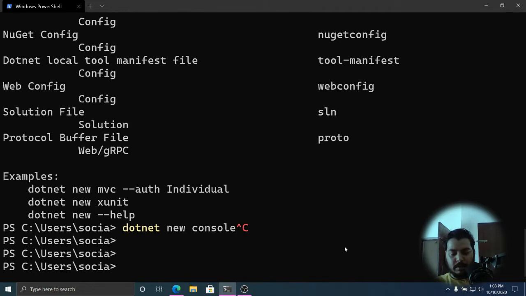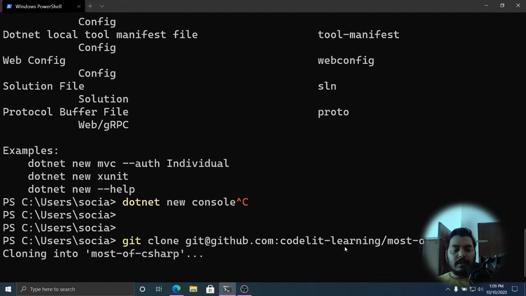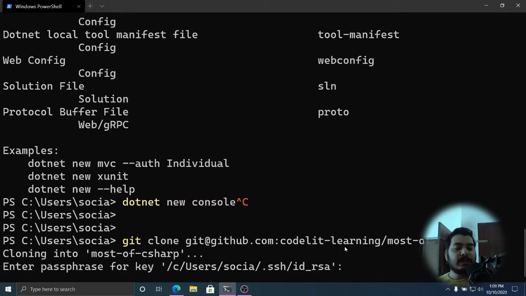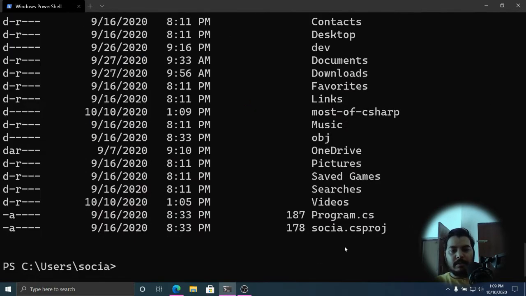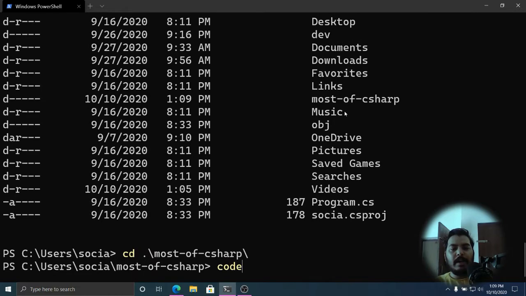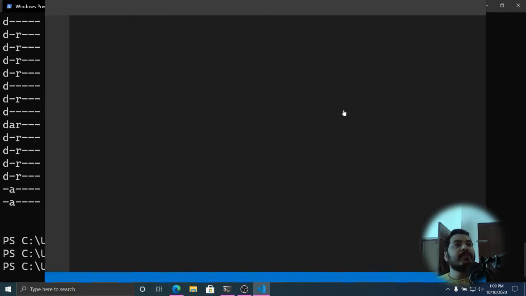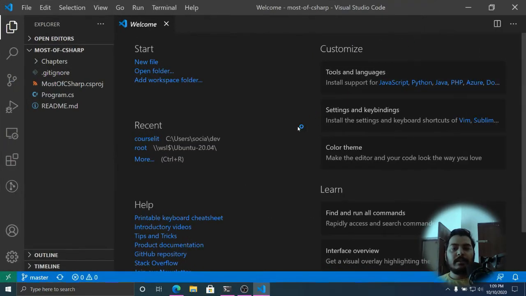So git clone, and this will download the repository on your machine. Okay, so this is the project, most of C Sharp. Okay, and let's open this thing in VS Code, right?